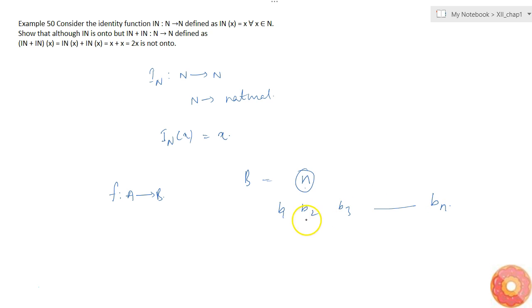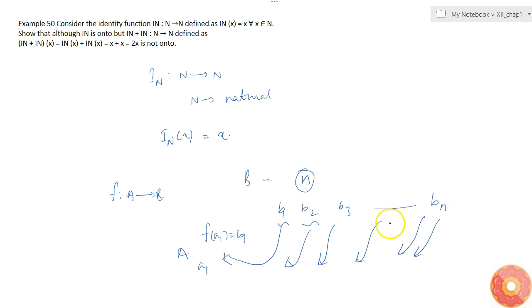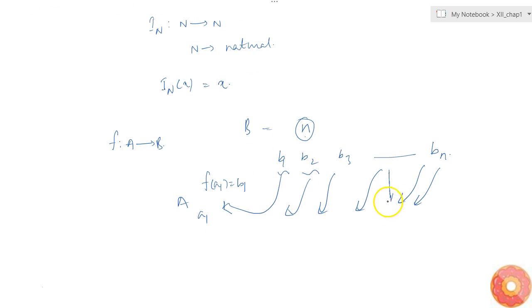For this to be an onto function, it requires that every element has a precursor in A, such that, let's say for b1 it's a1, such that f of a1 equals b1. So every element must have a corresponding precursor or pre-image in A. That is a required condition for a function f to be an onto function. So here in this given case, I_N is onto because all the elements in the second set B